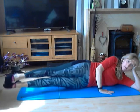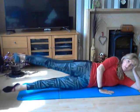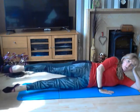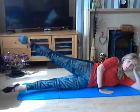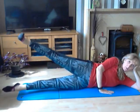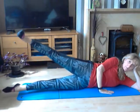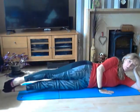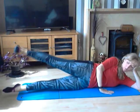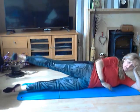Breathing in, raise both legs. Breathing out, lift your top leg. Flexing to come down, pointing your toes on the way up as you breathe out, breathing in on the way down. Again, it's a pulling, it's a lengthening away from your hip. Your hip should be forward, you should be balanced on top of the one hip, and you should still be